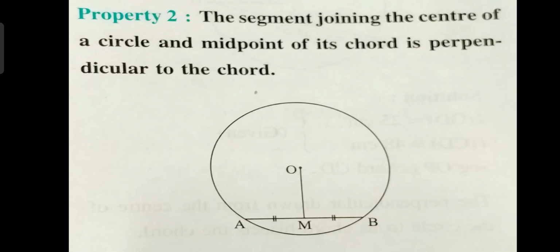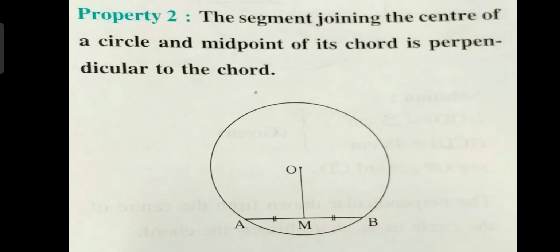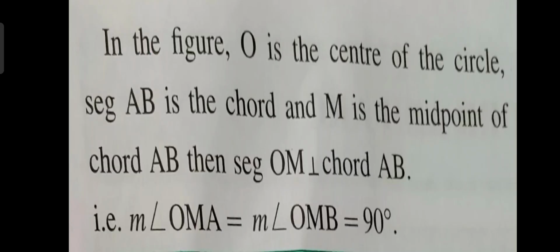Now in the previous one, it was told that the perpendicular drawn divides the chord into two equal parts. In the second point, it is told that the segment, the line joining the center and the midpoint of the chord, is perpendicular. Now just see over here. Here it is shown that it is a perpendicular, so that is why it is dividing into two equal parts. So here it is the vice versa, the reverse: the two parts are equal, therefore OM is perpendicular, meaning 90 degrees. In the figure O is the center of the circle and segment AB is the chord and